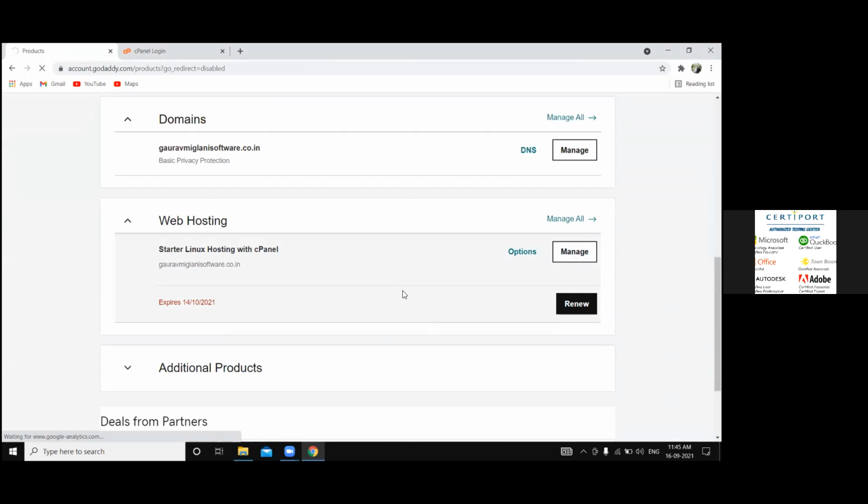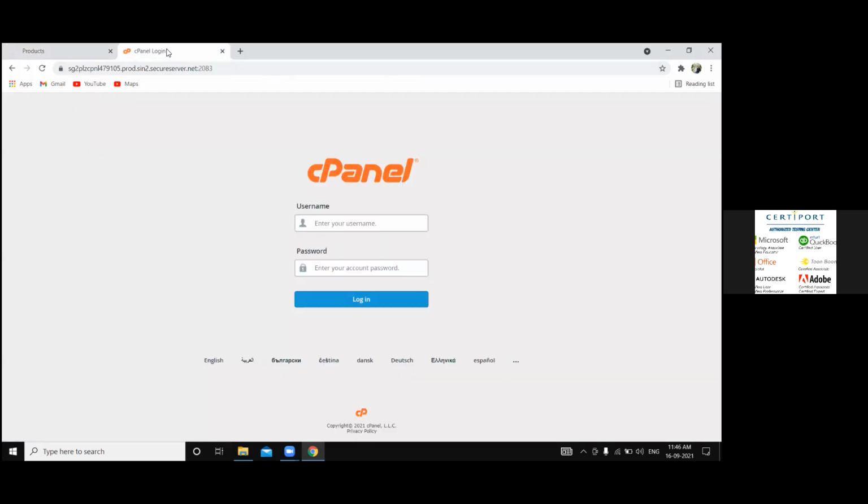Many times there is difficulty accessing cPanel from GoDaddy, network issues come up. So it's a good idea to access it from outside. But we do need to know the ID and password. So that is in the dashboard section. Once we get to see the ID and password, then in future we can log into cPanel directly using this option by just typing the domain name